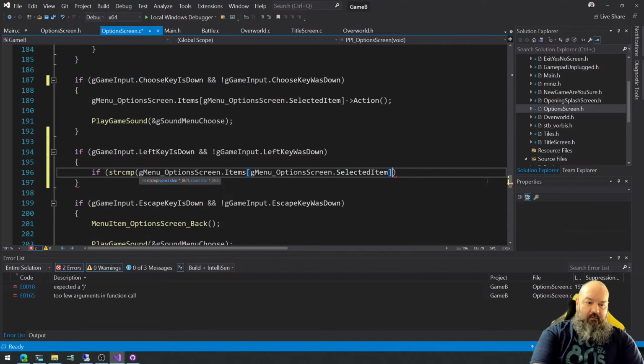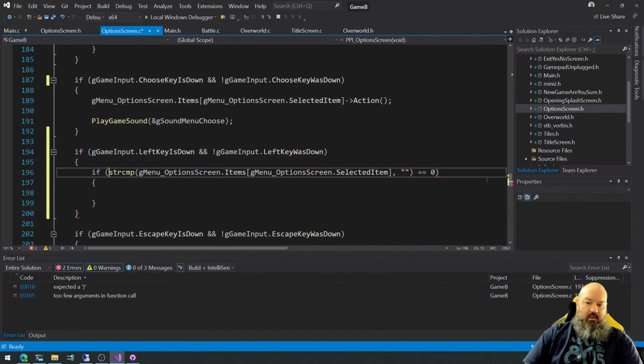Okay, if the currently selected menu item is sound effects volume,